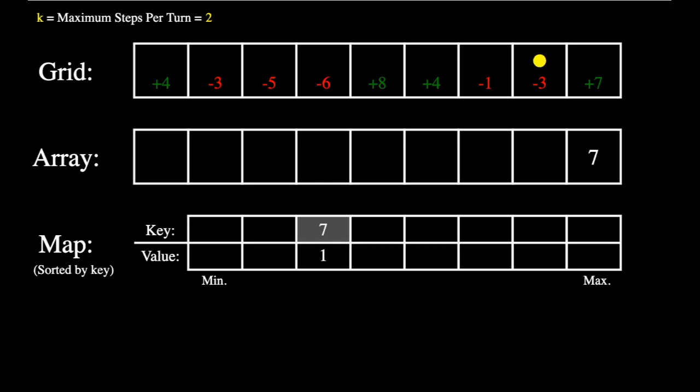When you take a step down in the grid, we use the highest key in the map and add it to the array. So now we have 4, and that is also added to the map. Eventually, if we repeat this process, there will be a number that we can no longer reach. In this case, it's 7. And instead of searching all the values to remove it, we can just search it by the key, and this only takes up to 1 computation. So this code runs in at most n times log base 2 of k computations, and it's relatively a lot easier to implement, but still not the fastest solution.